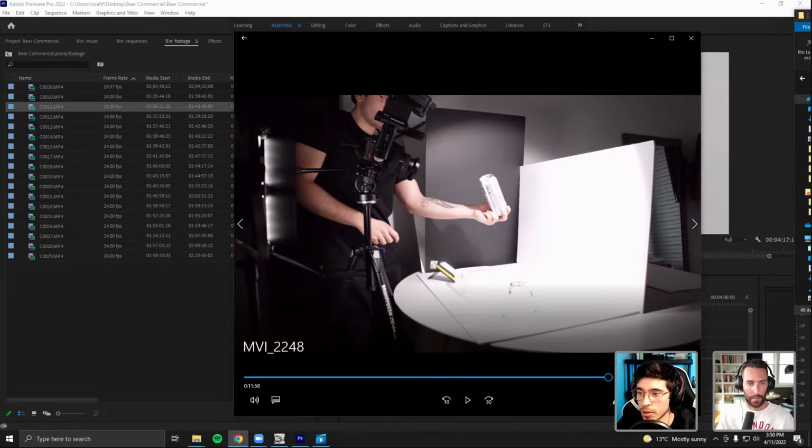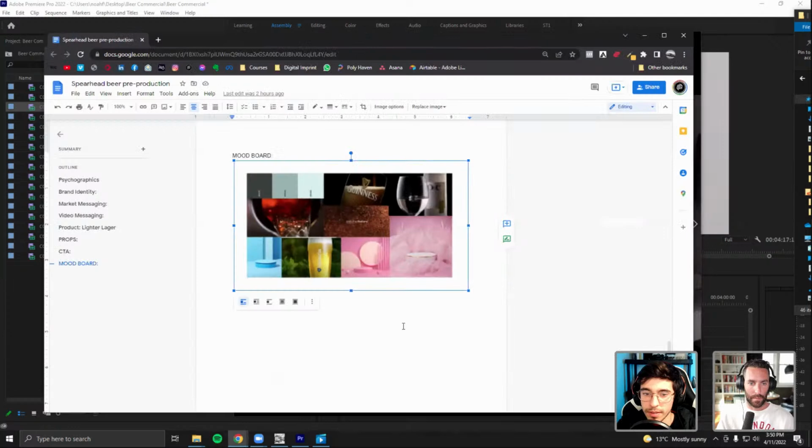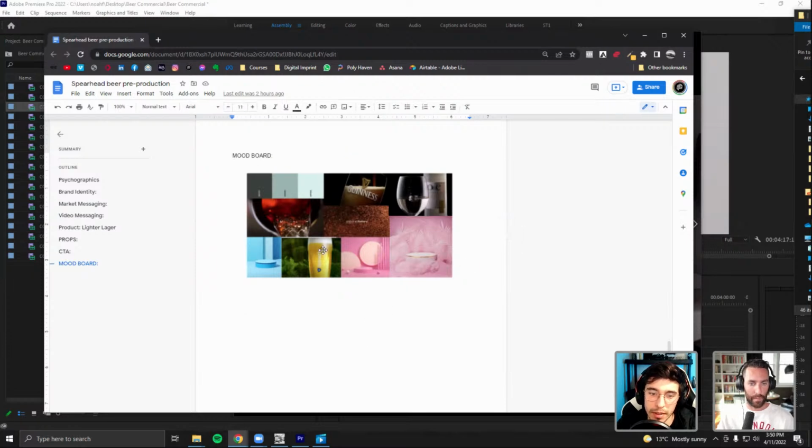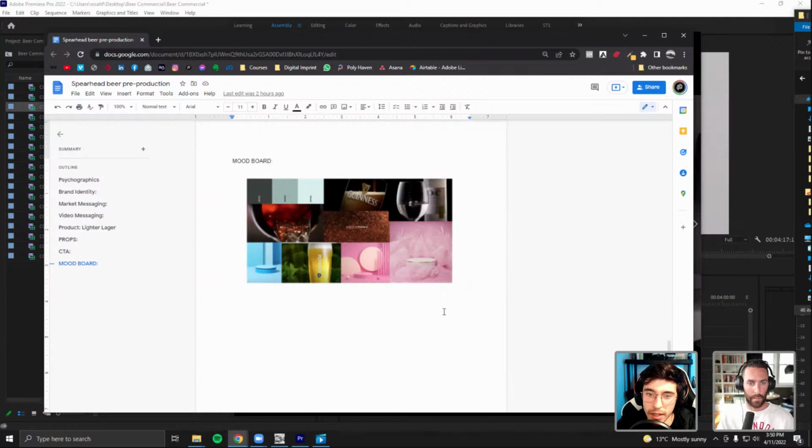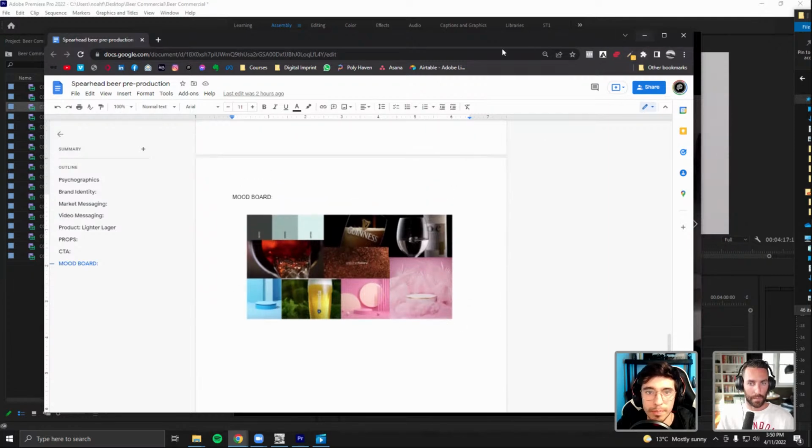I knew the color palette I was going for, which I have a mood board for. Let me pull up the mood board. So here's the mood board. I kind of predetermined these colors: a lighter one, and then a contrasting color, maybe for text. Very clean, not too busy looking, is what I wanted.